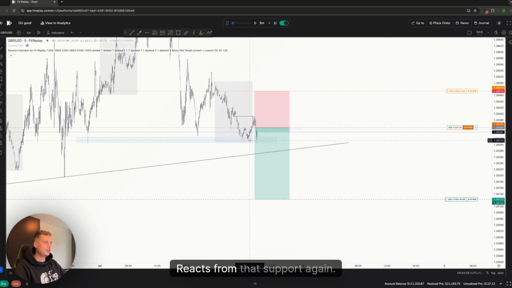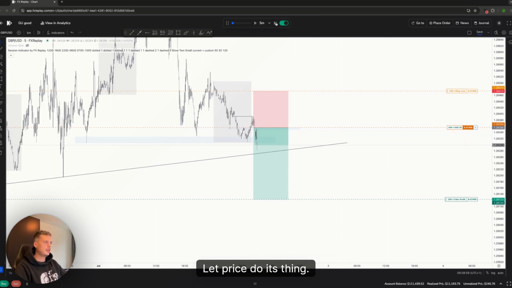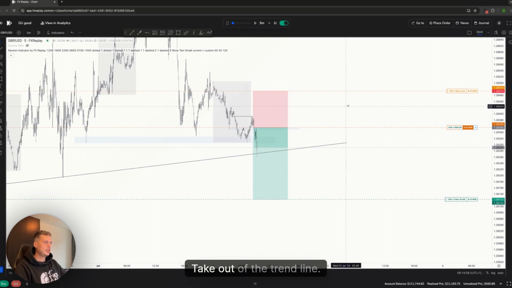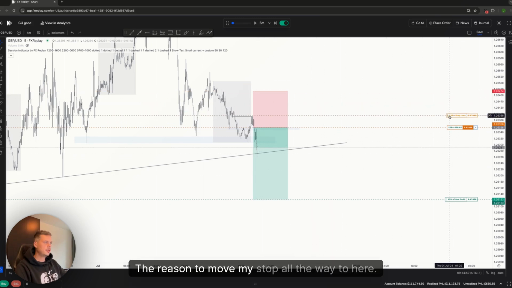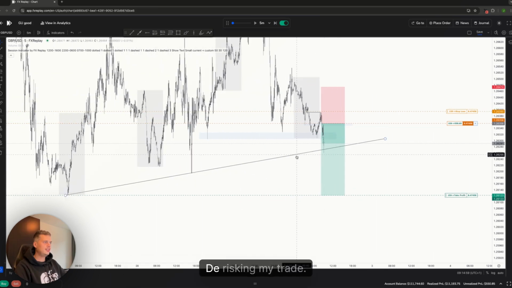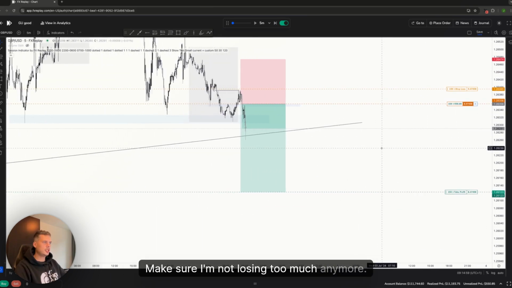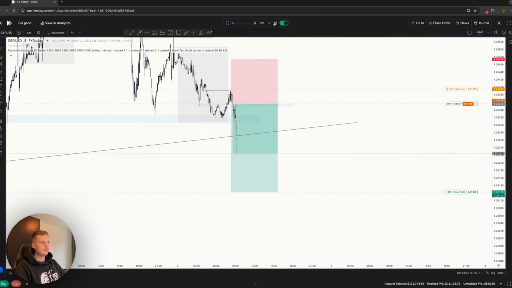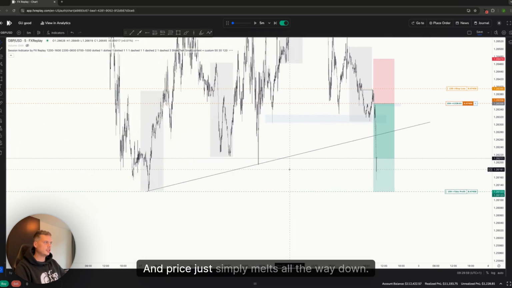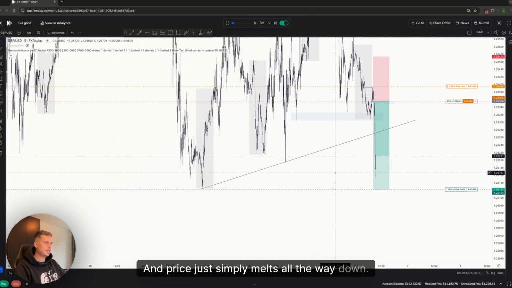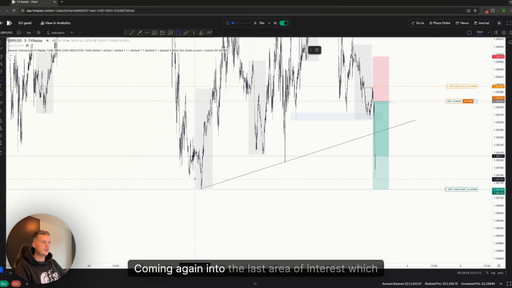All right, reacts from that support again. I'm not worrying too much here. Let price do its thing. All right, take out of the trend line. This is definitely for me the reason to move my stop all the way to here, de-risking my trade, making sure I'm not losing too much anymore. I'm happy to go on, and price just simply melts all the way down,